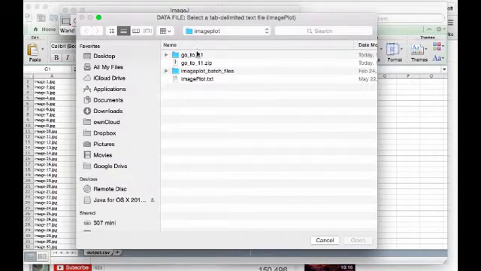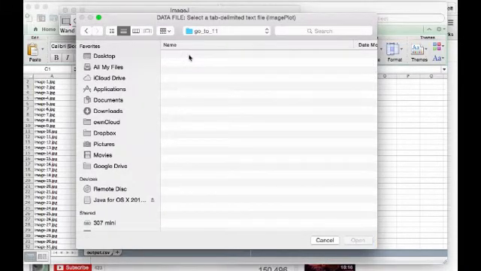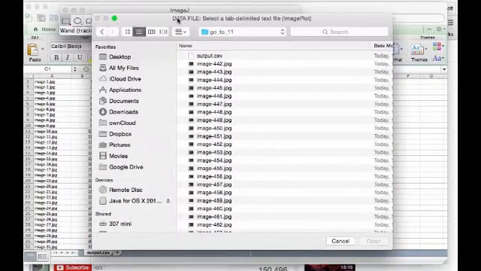And then from here, I'm going to go into my Go to 11 folder. I'm going to pay attention right up here in the top: data file, select a tab delimited text file. It says tab delimited, but comma separated is totally fine. So once you go in here with your tab delimited file, or your comma separated file, you're going to select it